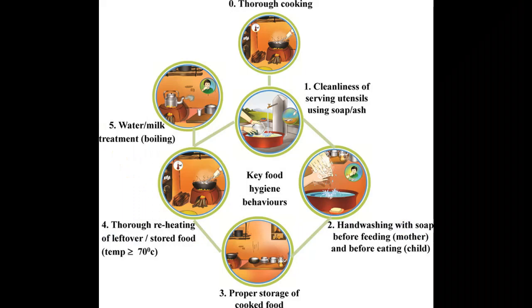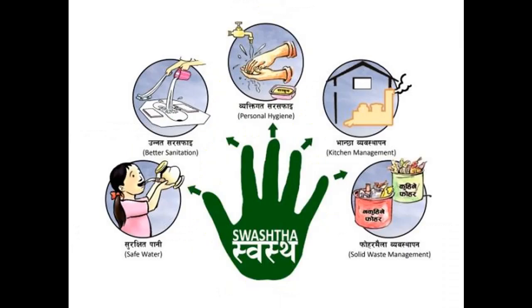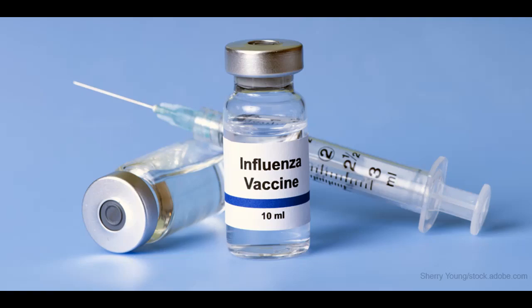Drink potable water. If it does not appear clean, boil or filter and then consume it. Eat only freshly prepared food or consume it within 4 hours of preparation. Do not purchase and consume fruits and vegetables which have been cut and kept in the open for a long time. Environmental sanitation. Use sanitary latrines, avoid open air defecation. Throw waste in dustbins to avoid breeding of flies. Clean the drains regularly. Vaccines.